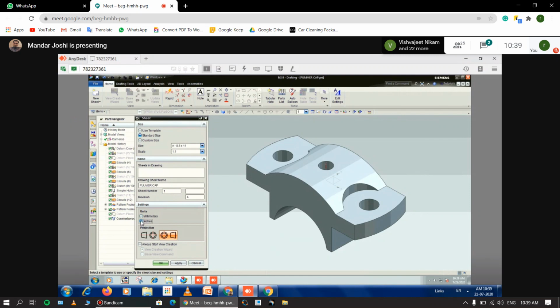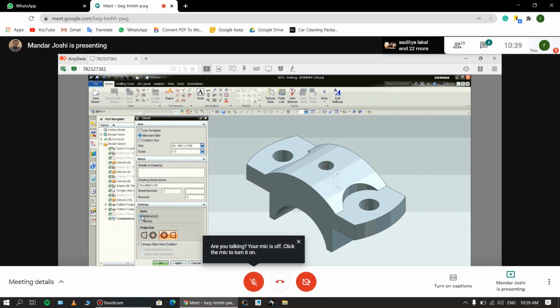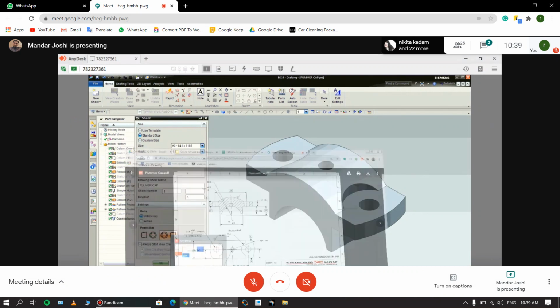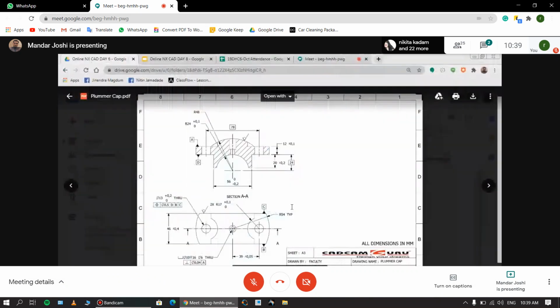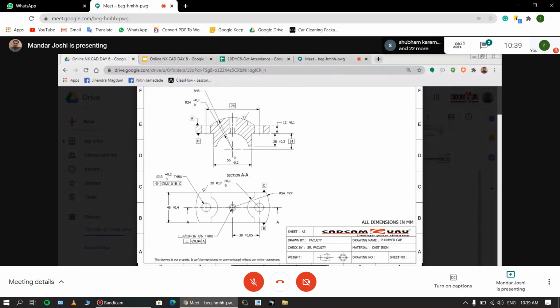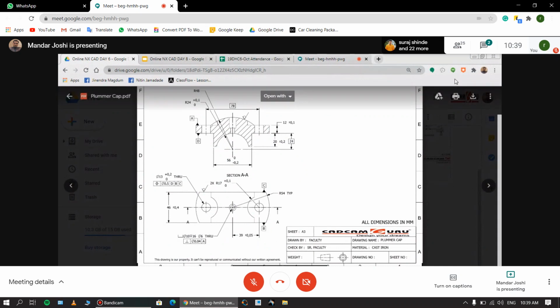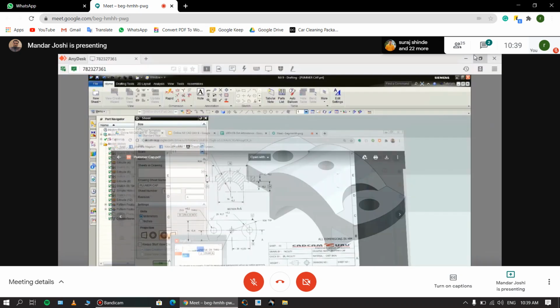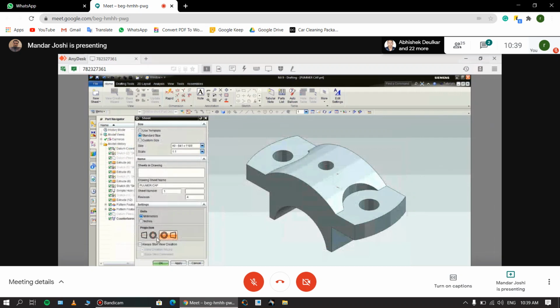And define the unit system here. Your model unit system and drawing unit system should be the same. So I'm taking millimeter or inches. Currently I'm taking millimeters here, and accordingly you have to choose the projection system, first angle or third angle. So what projection system is there here? As per the drawing, is this system first or third? First. Okay, so I choose the first projection system, first angle.